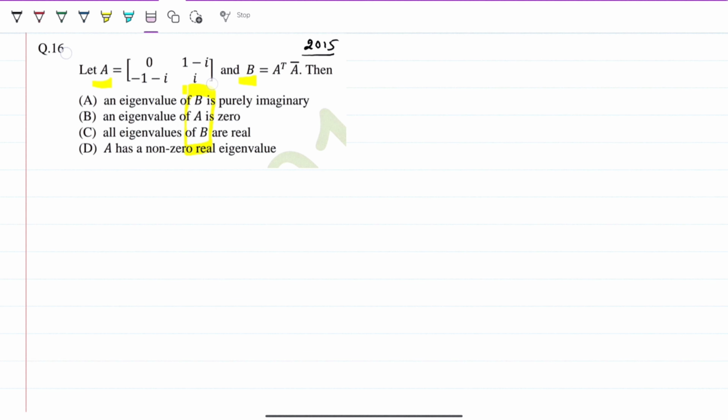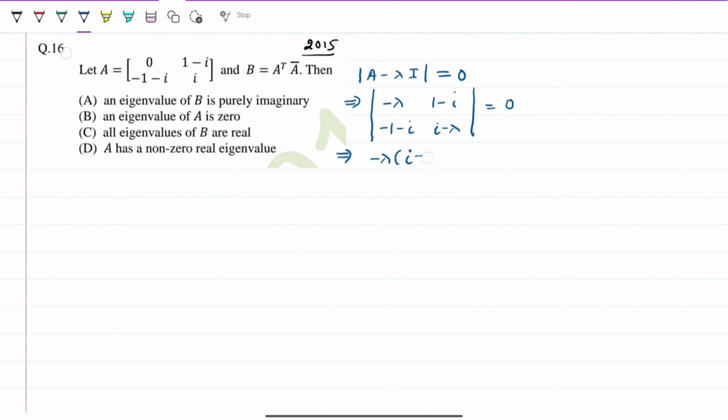So for the first part, we are going to discuss the eigenvalues of A, and we will be doing that in a very traditional manner. We will start with the evaluation of the characteristic equation, given by the determinant of A minus lambda I equals 0, and this is going to be the determinant of negative lambda, 1 minus I, negative 1, negative I, and I minus lambda, equal to 0. So this becomes negative lambda times (I minus lambda) minus (1 minus I) times (negative 1 minus I) is equal